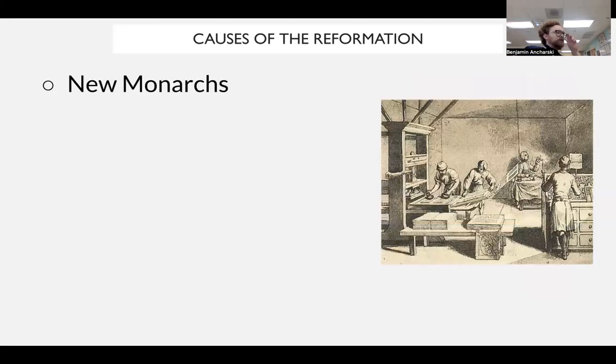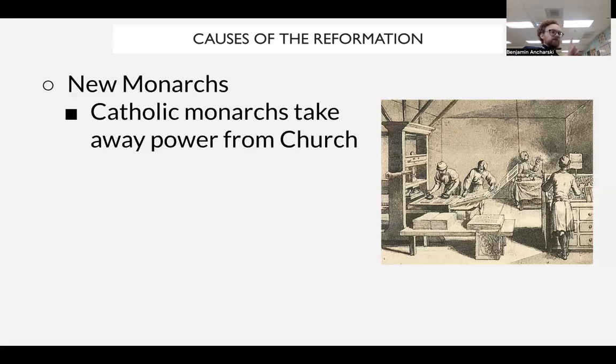But what else is going on that will lead us to the Protestant Reformation? Well, we also see the rise of new monarchs. And a new monarch, remember, is a type of monarch who, by the end of the Middle Ages, is gaining more power for themselves. We are seeing the rise of more centralized monarchies across Western Europe. But how is this leading to the Reformation? Well, let's look at two reasons. For one thing, we see that the Catholic Church's power is further declining because monarchs are taking power away from the Catholic Church and giving it to themselves.